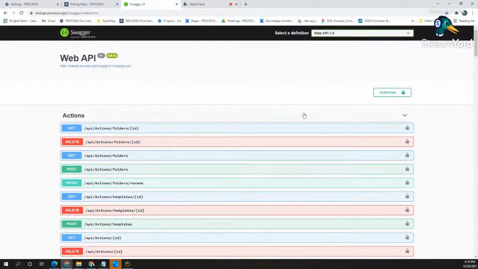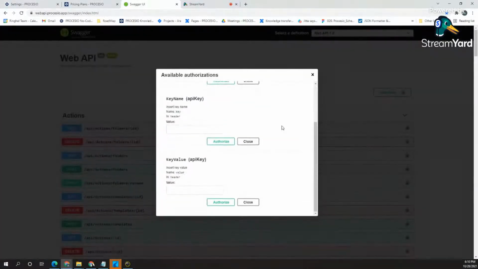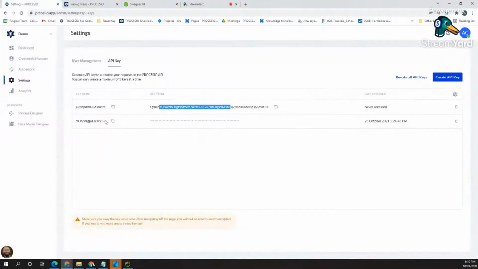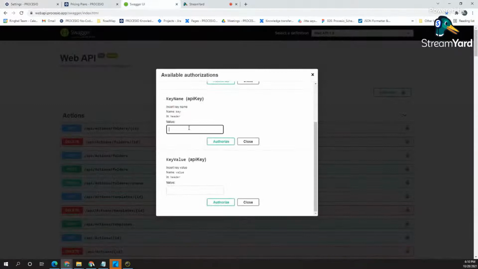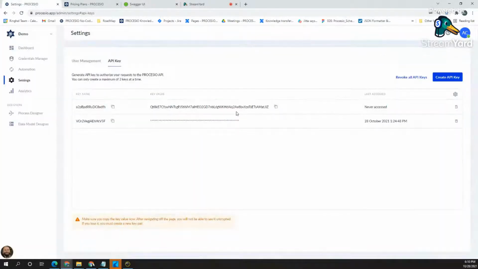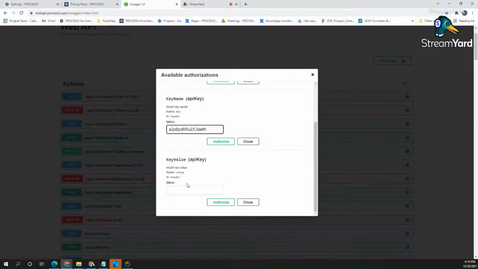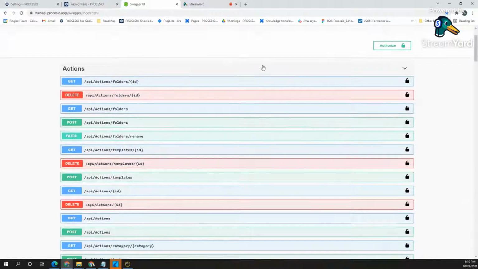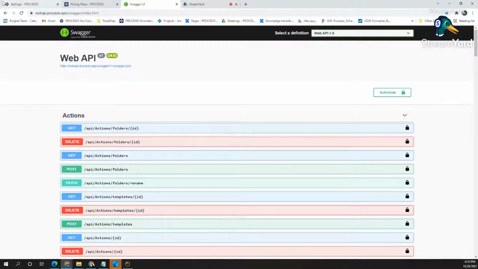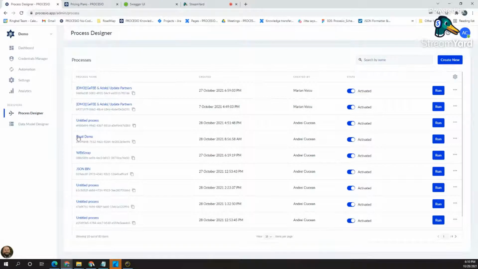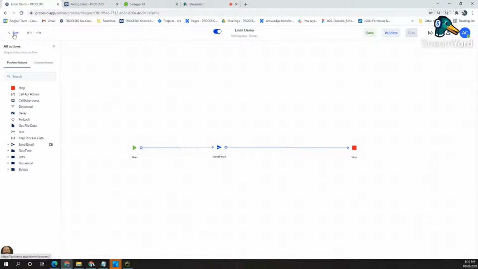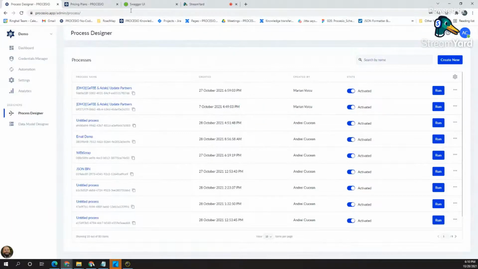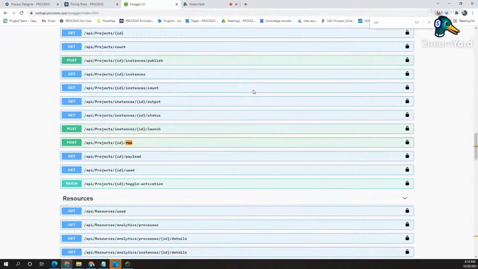In Swagger, I'm going to use my API keys that I just generated. So I'm copying the key name. I'm also copying the key value. And I'm authenticated right now. And as mentioned, I want to run a process that I already pre-built. This is just a process that sends an email. It's just this one, something simple. So let's go in Swagger, see the method that we need. Doing this, we need the post method,